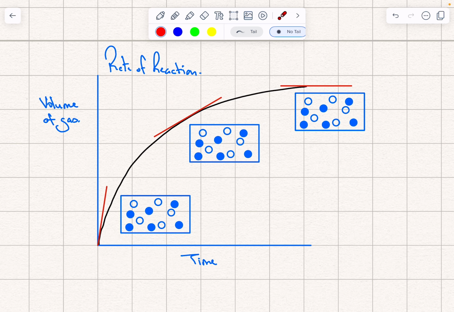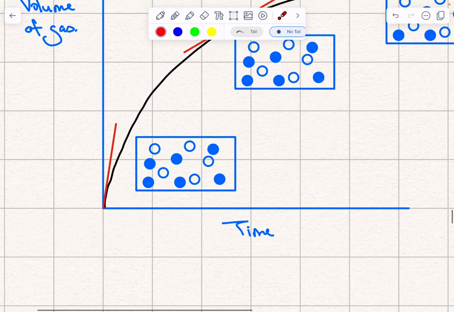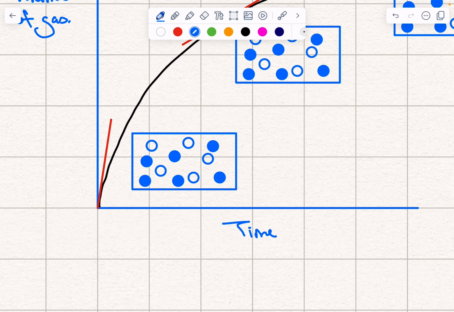If we try and explain why using particle theory, so down here, this point here is the start of the reaction. At the start of the reaction, we have got a lot of particles, high concentration. These particles are going to be moving, and because there's a lot of them, there's going to be more chance of those particles reacting. So that's why the reaction is quickest at the beginning, because there's a high concentration, more